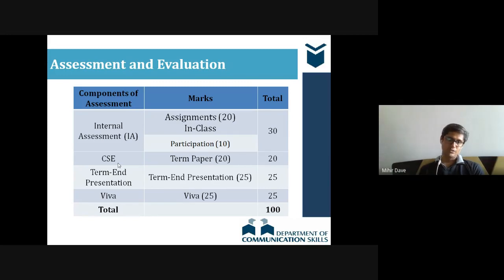And of course, at the end of your semester, there'll be Viva, and that will also be 25 marks. So in total, that will be 30 marks of the assignments that will be given, internal assignment, which is known as IA. There'll be CSE of 20 marks. Then there will be term paper and presentation for 25 marks. And Viva also would be for 25 marks. And as you can see, the grand total would be 100 marks, which does not have, say, written tests or end semester or mid-semester examination as a part of it,